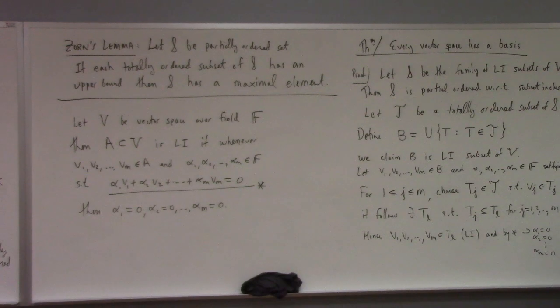That there's alpha 1 V1 plus alpha 2 V2 plus alpha m Vm plus, say, CV equal to 0, with not all of these being 0, right, such that we get 0, which means then that we can show that